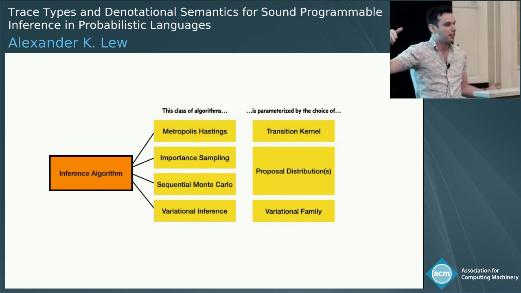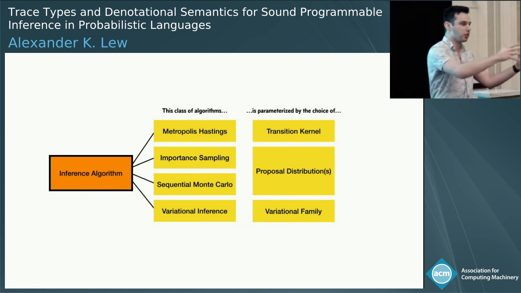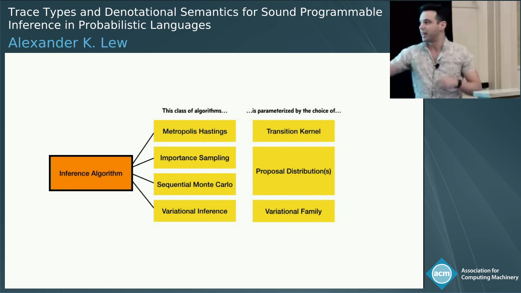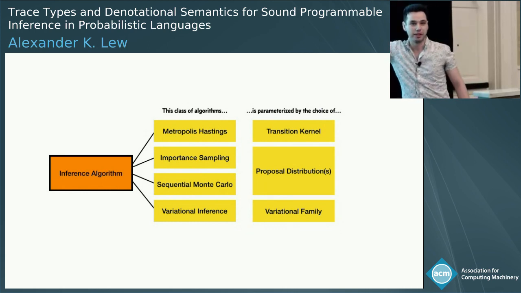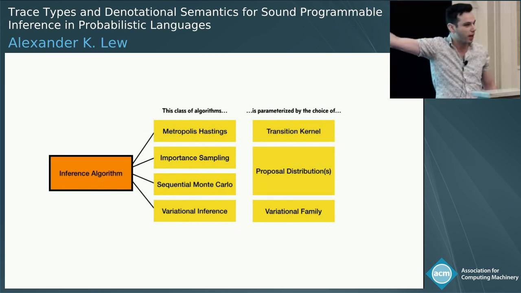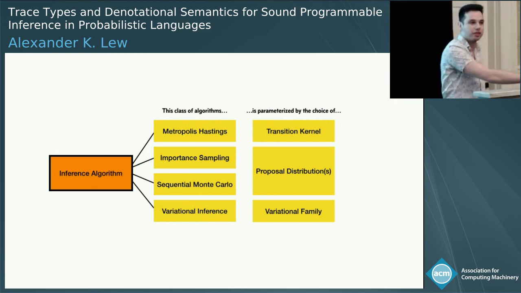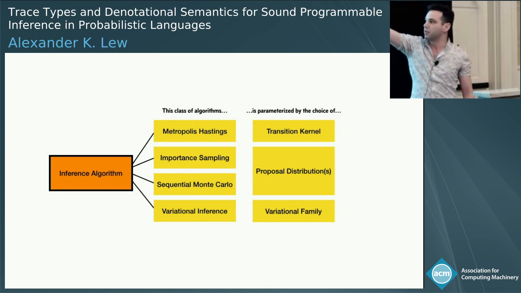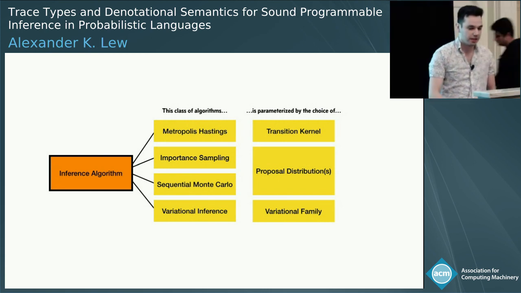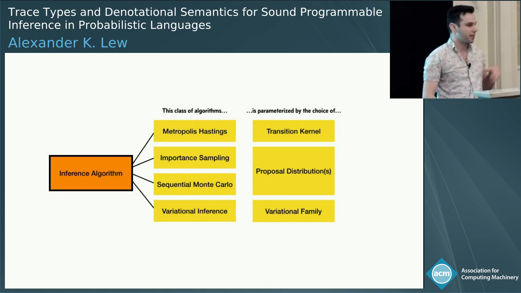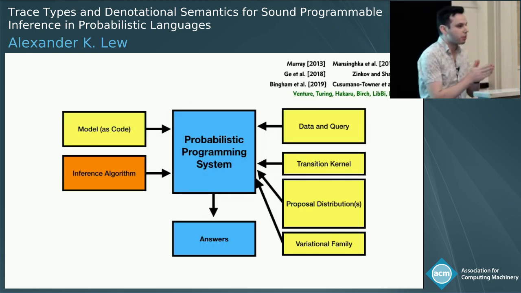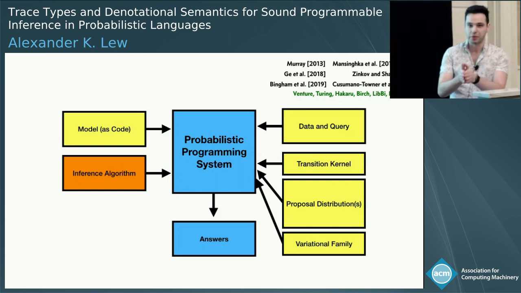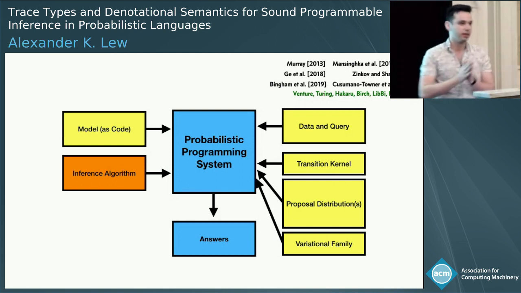In the last talk, there was talk of the user writing a model and the user writing a guide program. That guide program was a variational family. Every different guide program that you write is going to lead to a different variational inference algorithm. And similarly, every proposal distribution that you write is going to lead to a different importance sampling algorithm. The reason I say that you write instead of that you choose is because of a relatively recent development in probabilistic programming languages, including Pyro and many others,